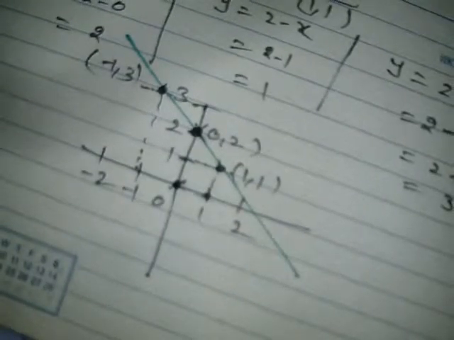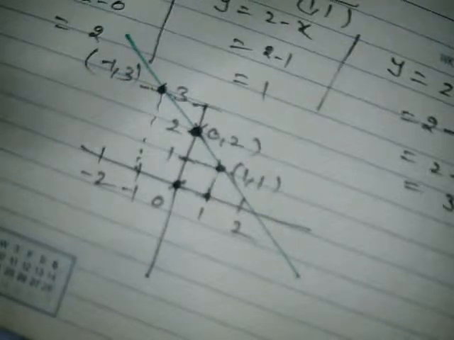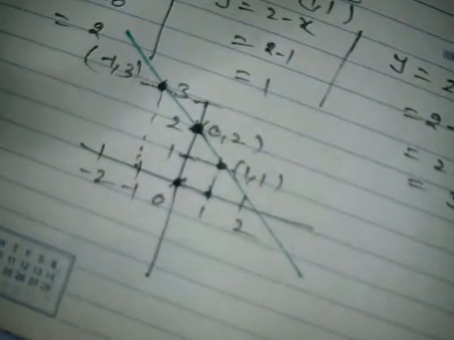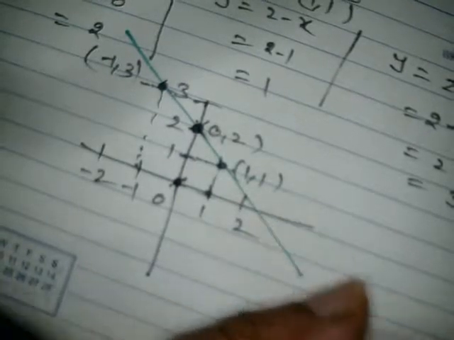Now I need to check whether this is a function or not a function. We already know linear is a function. Whenever you see the graph of a straight line, it is always going to be a function, but still you need to check with the help of the vertical line test. So for the vertical line test, I'll take this graph again on a new page so I can explain the vertical line test more clearly.